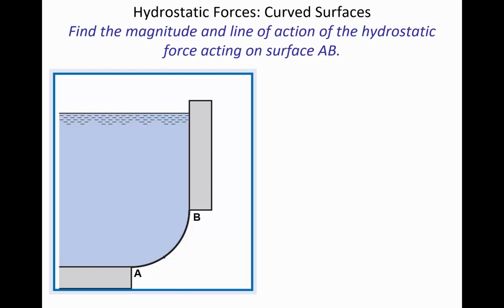Now this is the type of problem that we will try and solve. You can see that AB is a curved surface. And so maybe it is a flat plate of metal that was bent into a quarter circle shape. And so that curved gate, we would want to know what's the magnitude and the location of the forces that are acting on it. Sometimes we say line of action to describe the location of the forces. And line of action specifically means where is it located and what direction are the forces acting.